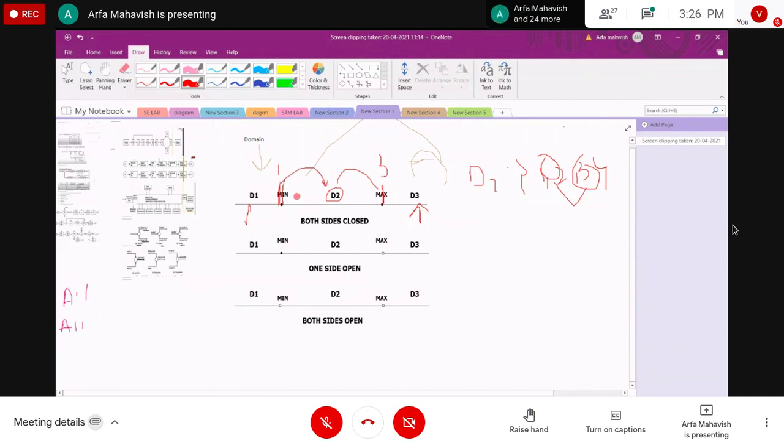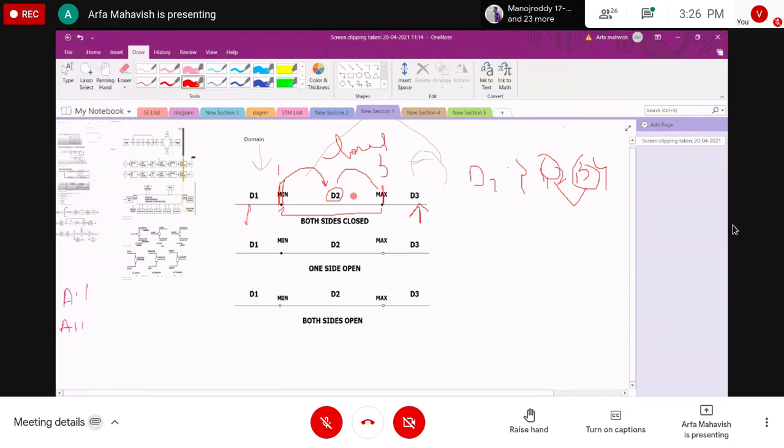So domain 2 is the closed domain, and D1 and D3 are open domains because they don't have the boundary points. This domain has the boundaries, and the minimum and maximum belong to D2. That's why it is the closed domain.